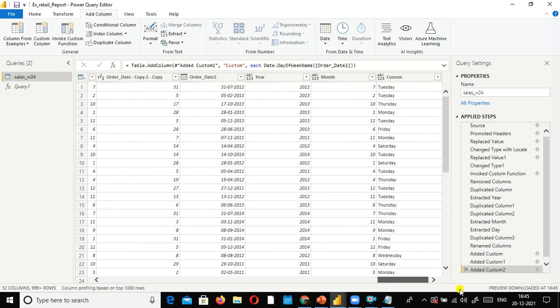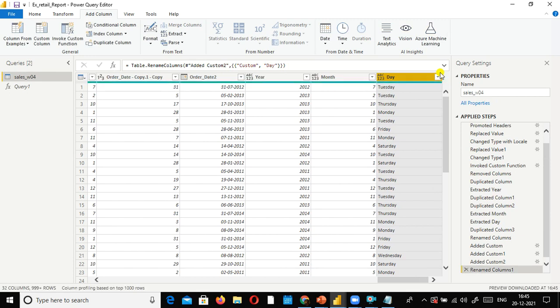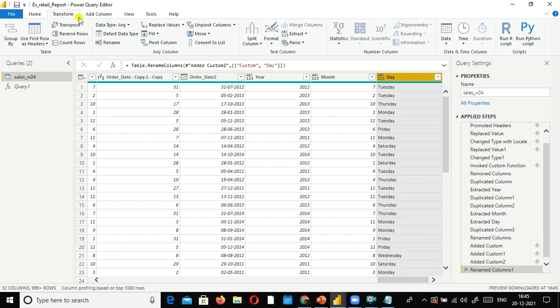the new column will get created. You can go to the extreme right side, you can see. So it is a custom column because we did not give any name here. So what you can do is, you can rename it to the day. You can just click on this and rename it as day. Programmatically, we are looking at how to change this. Manually, we just go and click, fine. But to extract, you can use the split option. You can split it using split, but the day functions are very much helpful.